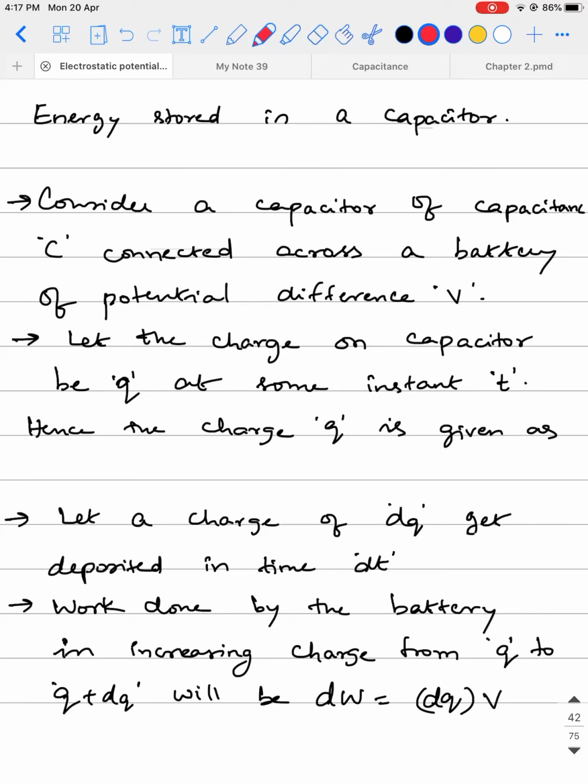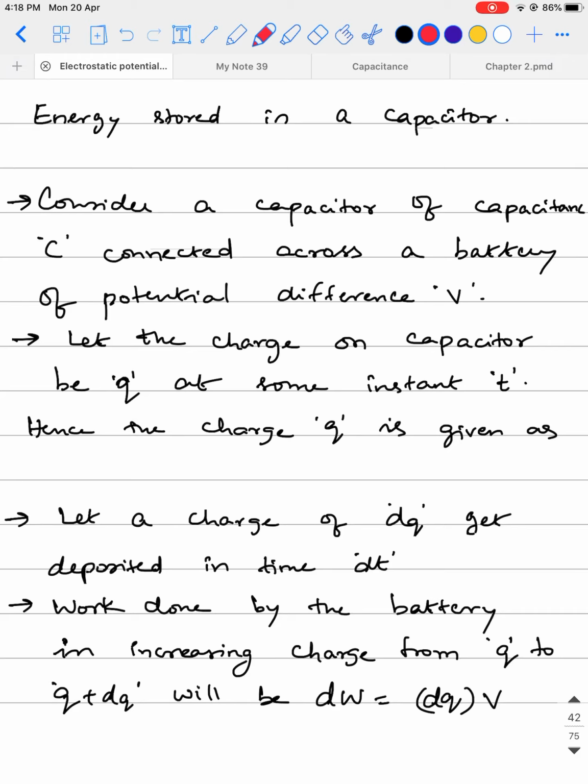Now we will discuss the next topic, which is energy stored in a capacitor. So till now we discussed that a capacitor is a device which is used to store charge. Now that charge will get stored in the form of electrostatic energy. So that's what this concept is all about. When you're trying to charge a capacitor, the amount of charge that is getting deposited in the plates of the capacitor will get stored in the form of electrostatic potential energy. Now we will try to derive what is going to be the energy associated with it.